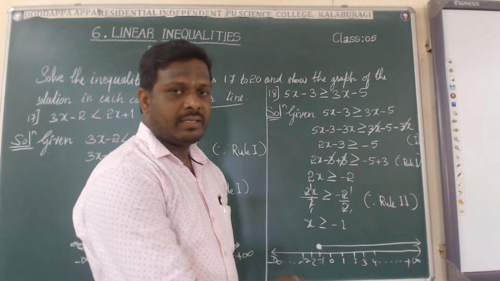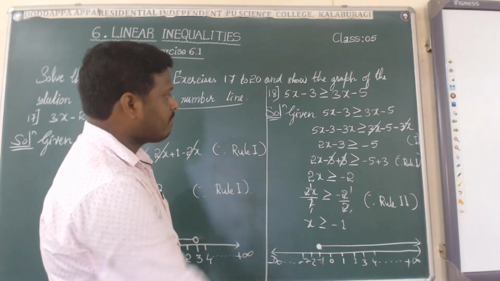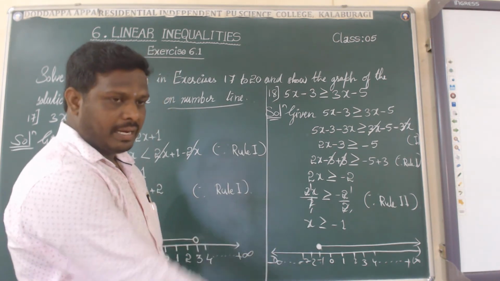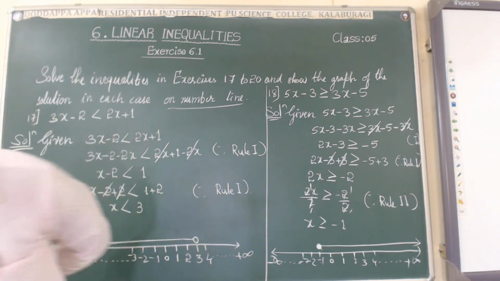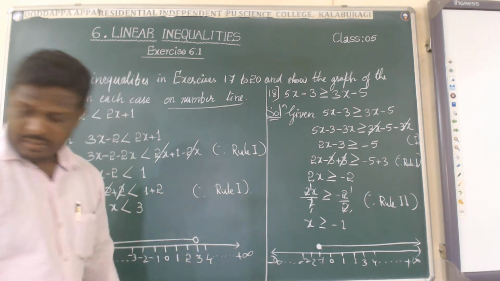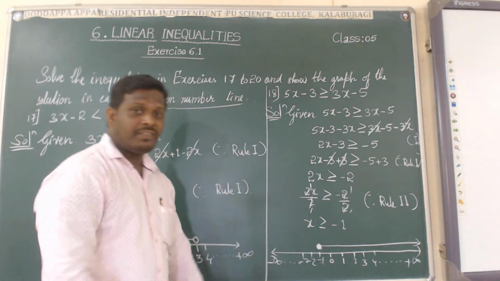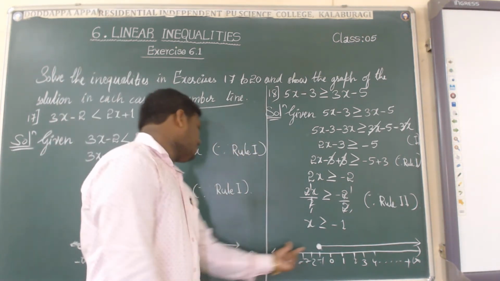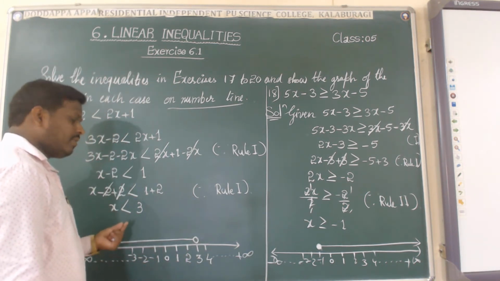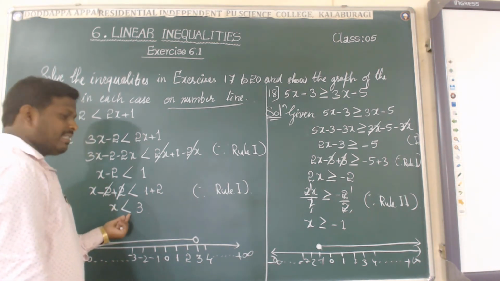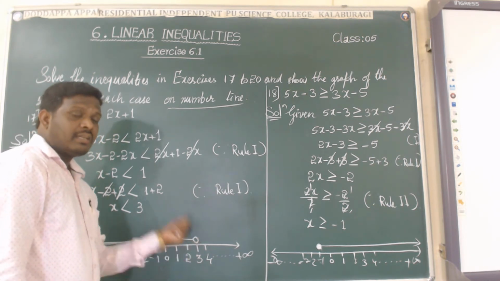I hope that all of you are getting this one. Yes, very simple task, very simple steps for finding the value of x on number line. I would like to say one more point to you. Sir, here you put an empty small circle, and here you put a small circle with shading. What is the difference between these two? See here the inequality symbol is very important. The less than is there, means the value of x is not including the 3 here. So we have to take a small empty circle.